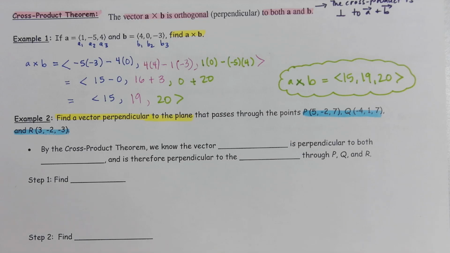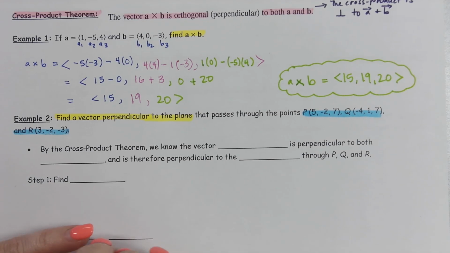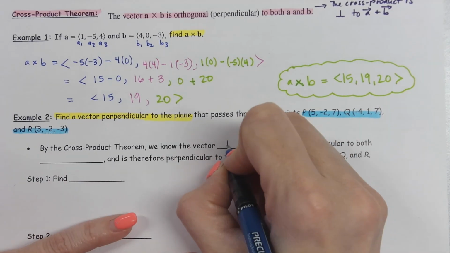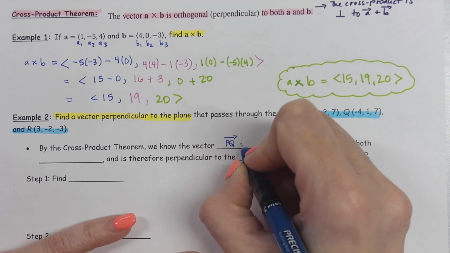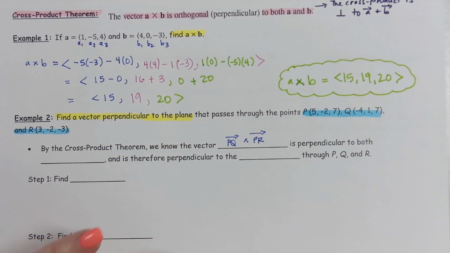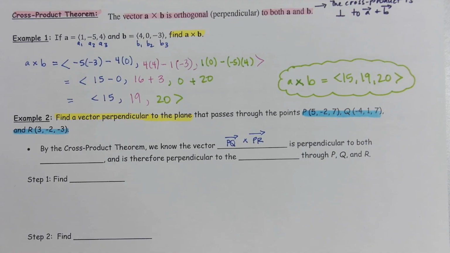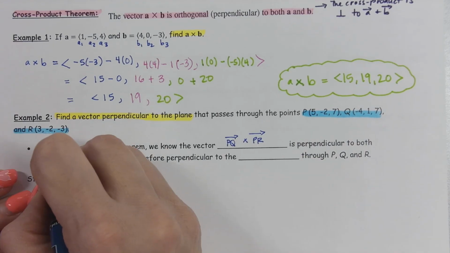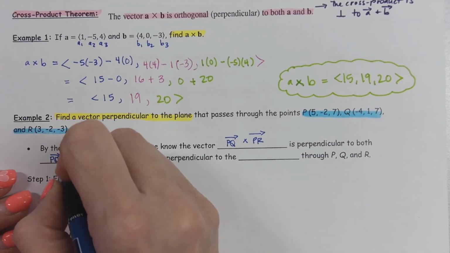So we know by the cross product theorem that the cross product vector of PQ and PR is going to be perpendicular to both of the vectors PQ and